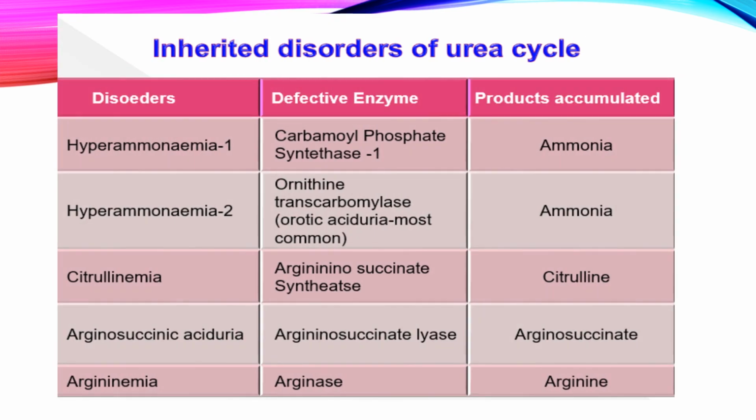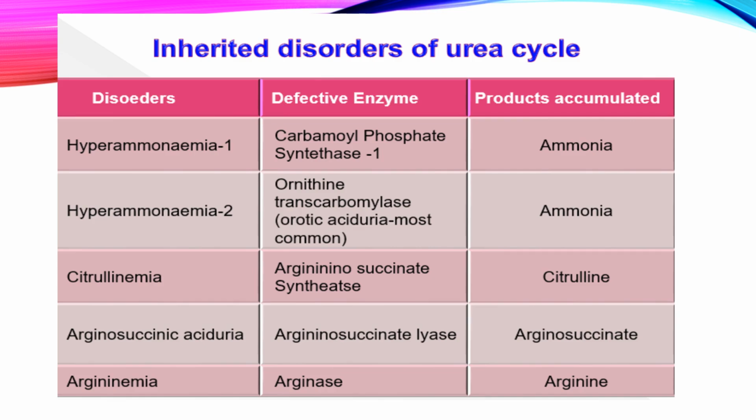Inherited disorders of the urea cycle are characterized by defects in specific enzymes, leading to the accumulation of certain products. For example, hyperammonemia 1 results from a defect in carbamoyl phosphate synthetase 1,